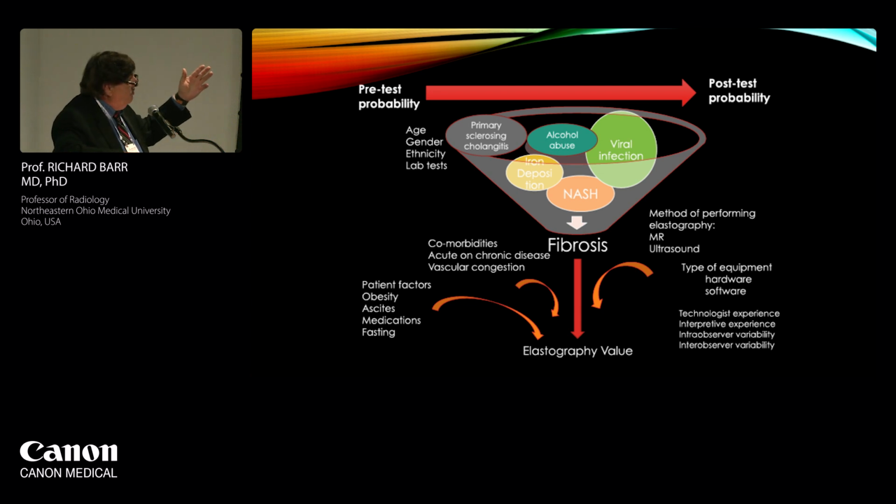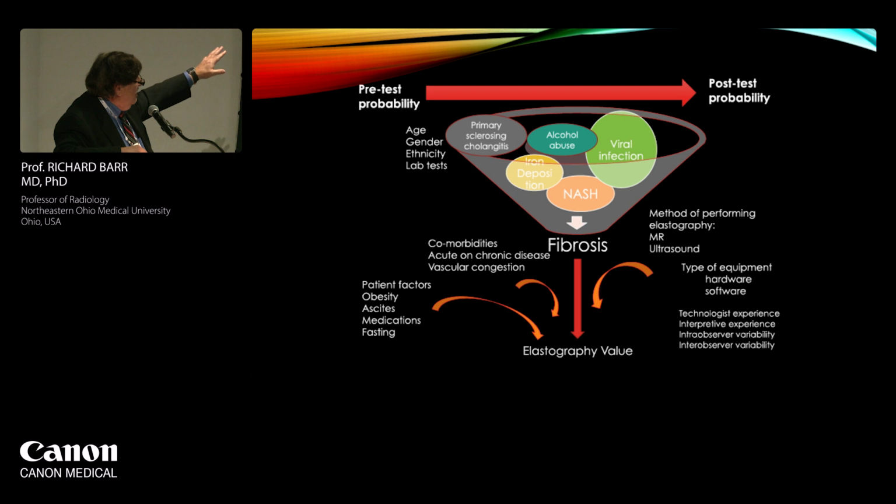We have pre-test probability and post-test probability. We have cutoff values, but they vary on the population. So you have to take in the information. Our values are one of a big piece of information that we have to put together to understand this. So what I like to say is if you have a cirrhosis clinic, you don't want to miss anyone. So you may want to lower the cutoff values we give you so you don't miss anyone. By the same token, if you're doing mass screenings, you don't want to overdiagnose, so you may want to raise the cutoff value. So our cutoff values that we're going to give you are general rules for a general population, but depending on your population, you may want to move it.